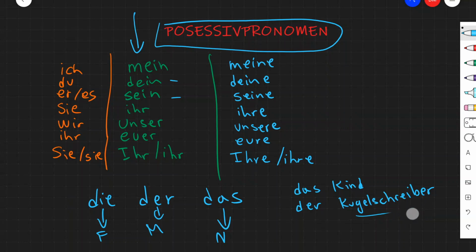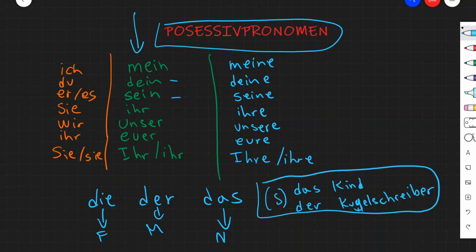So we got this done. We get why the possessive pronouns in green are used. They are used for the singular form. Let me write it down. For the singular form of the nouns that have the genders neuter and masculine, which means the articles das und der. But hey, what if